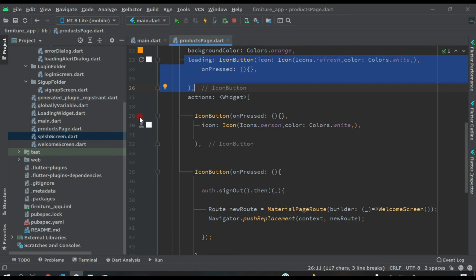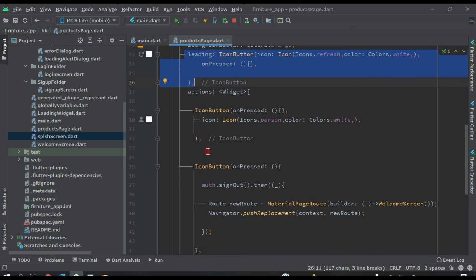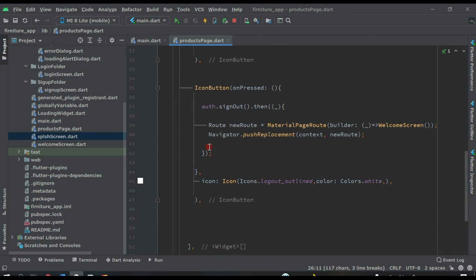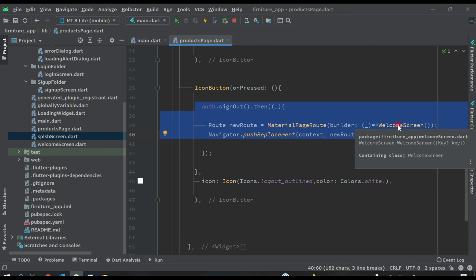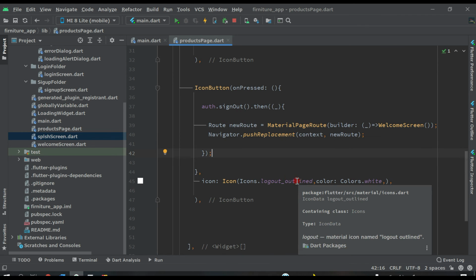Then if a user clicks on the profile icon, the user can see his or her profile. And then we added this logout icon. When the user clicks on this icon button, the user will go to the welcome screen again and can register or log in again. I hope you understand all these things.